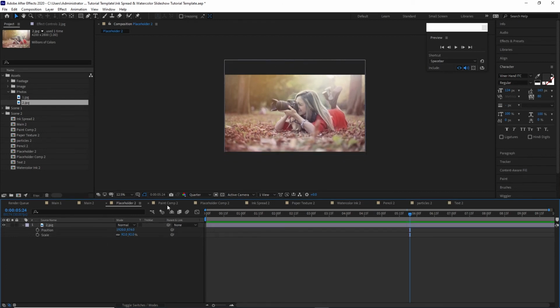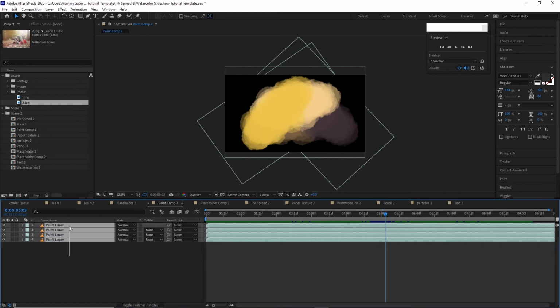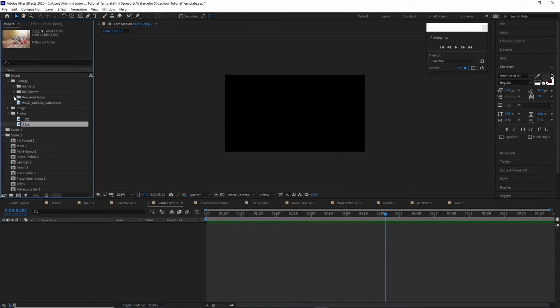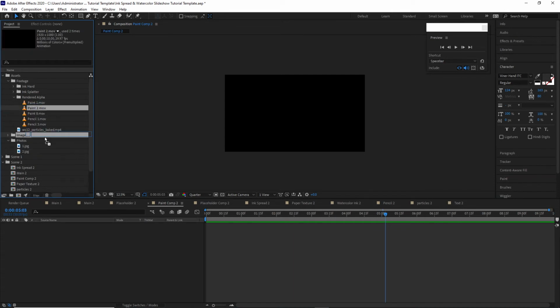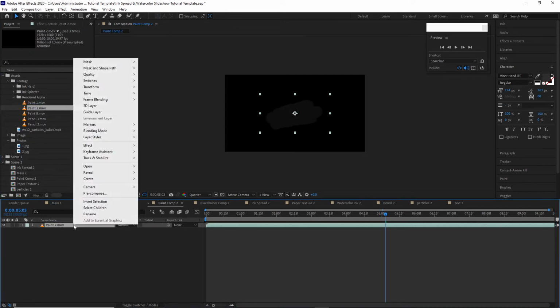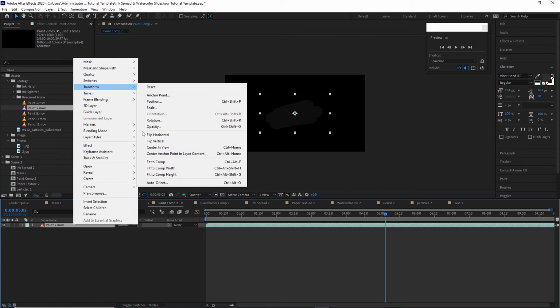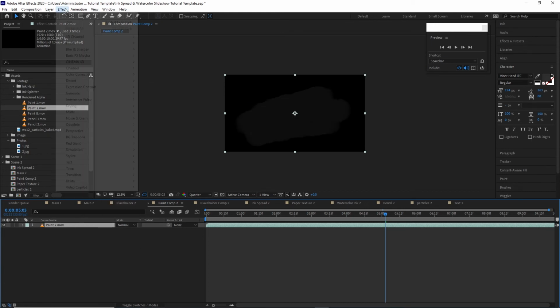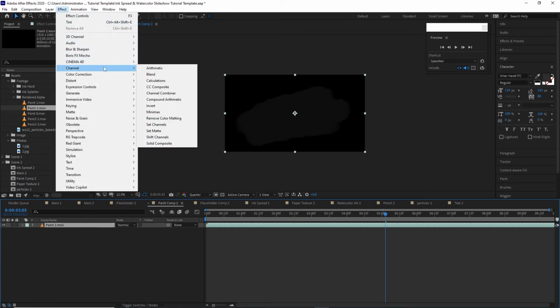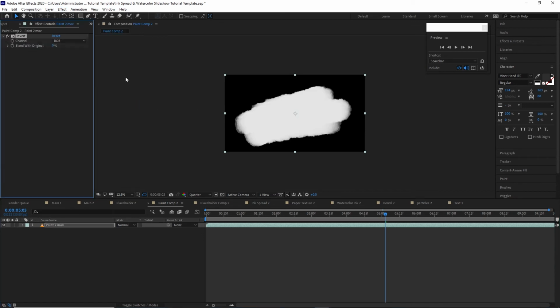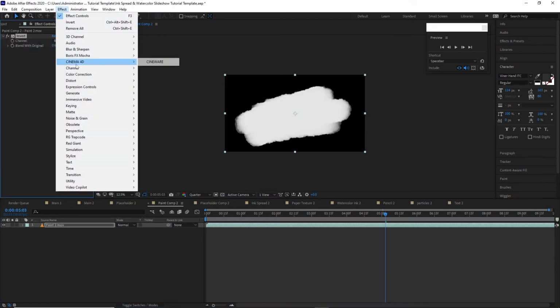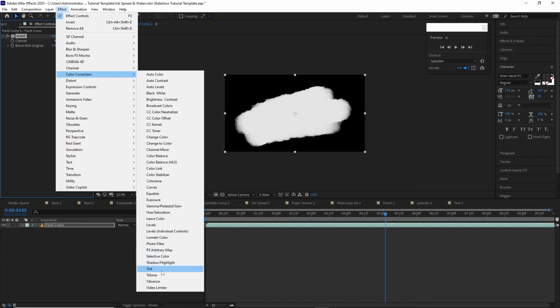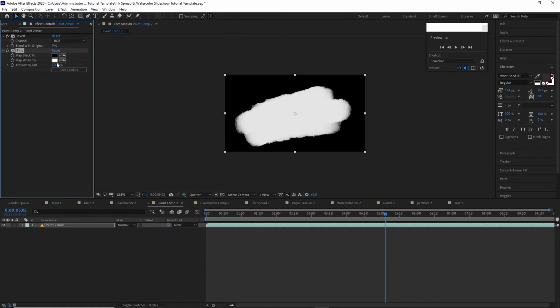Then I will open the Paint 2 comp, highlight all these paints layer and delete it. Open the footage, go to rendered alpha, drop down this Paint 2 into the timeline. Right click your mouse, go to transform, P2 comp, then go to effects and preset, go to channel invert. Go again to effects and preset, go to color correction, then change the map Y to